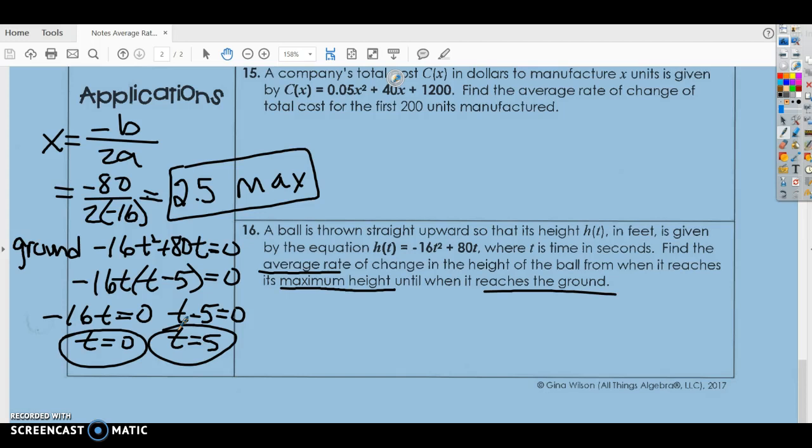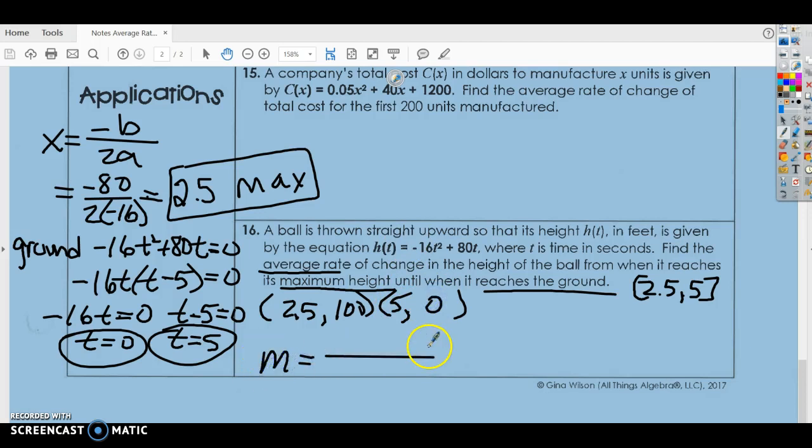So the interval we want is from its maximum height, which is 2.5, to when it reaches the ground again, which is 5. So again, we have to take those x values and plug it into the equation for t and find h of t, which in this case is our y value. Okay, if you do that, you plug in 2.5 here, you're going to get 100, and you plug in 5 and you're going to get 0. So y2 minus y1